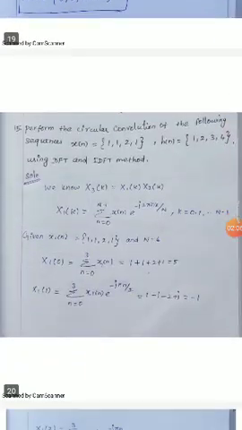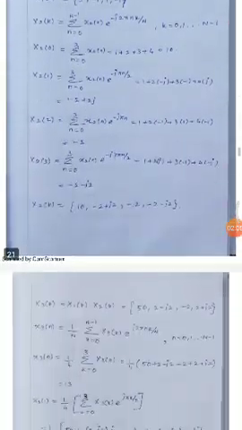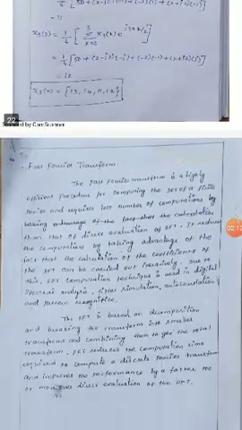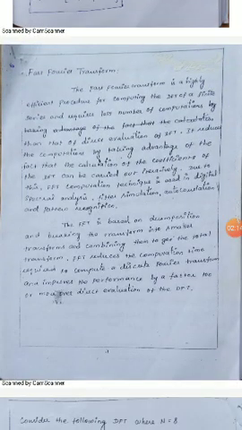Okay, so it is a very easy unit. Unit 3 also has the DIT and DIF butterfly structure algorithms. The fast Fourier transform is a highly efficient procedure for computing the DFT of a finite series and requires a smaller number of computations. It reduces the computations by taking advantage of the fact that the coefficients of a DFT can be calculated iteratively. The FFT is based on decomposition, breaking the transform into smaller transforms and combining them to get the total transform.